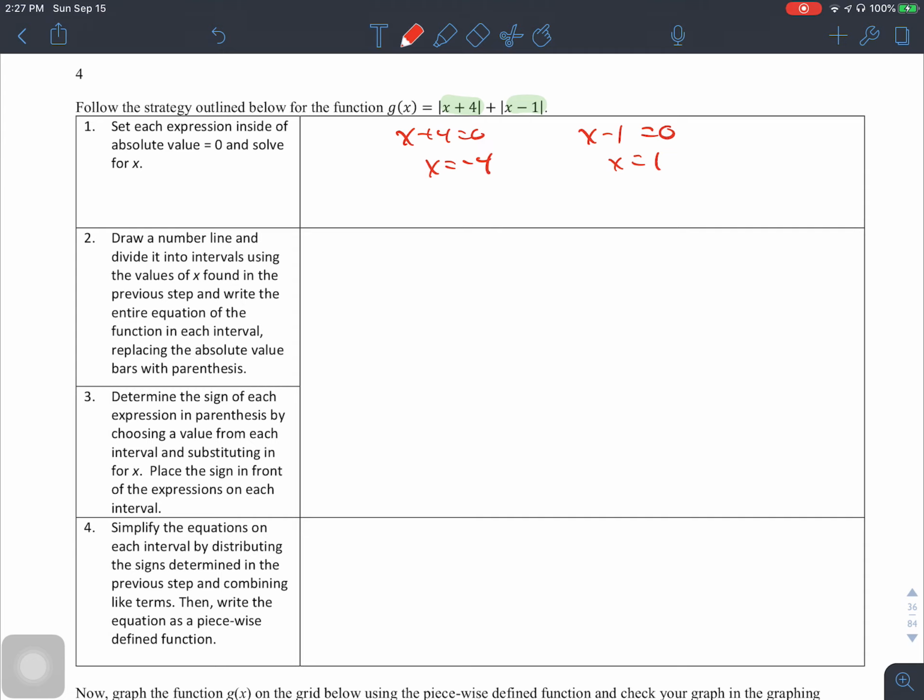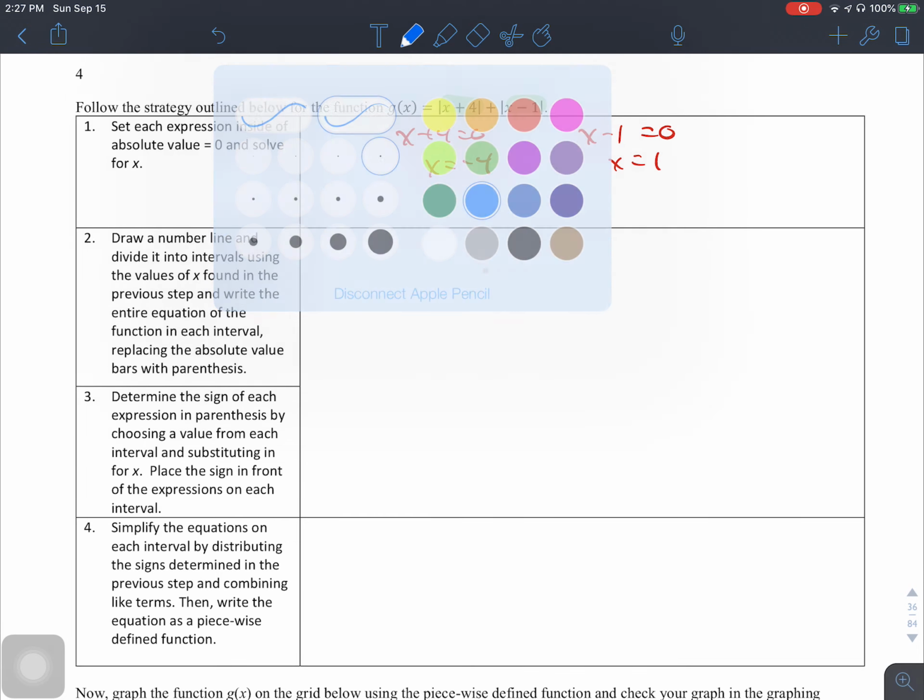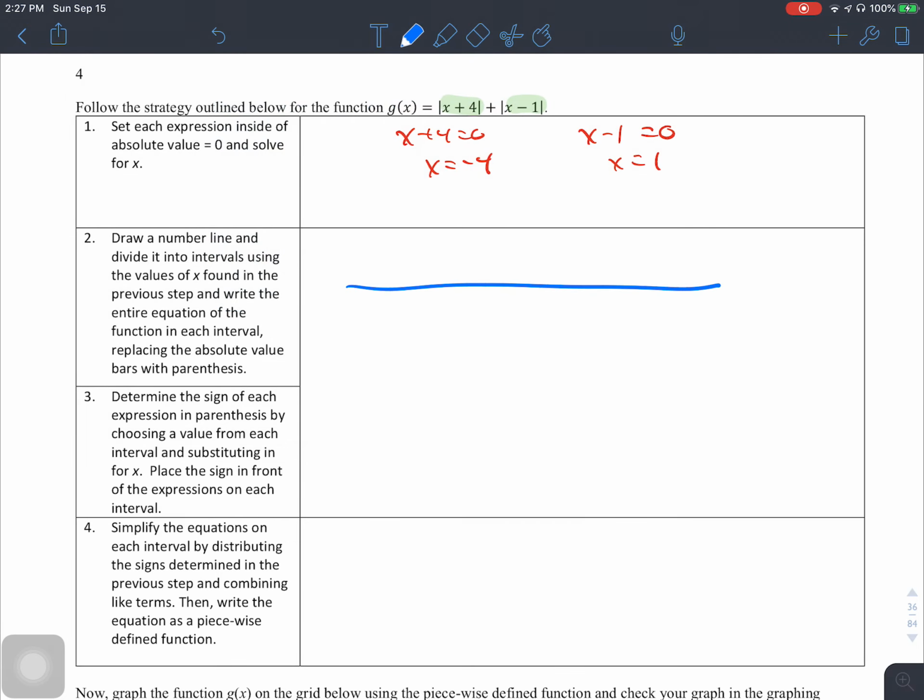This is a negative 4, not a positive 4. Our domain is going to be broken apart at negative 4 and 1. Therefore, we're going to draw a number line. And from left to right, negative 4 comes first, 1 comes second. So write those in